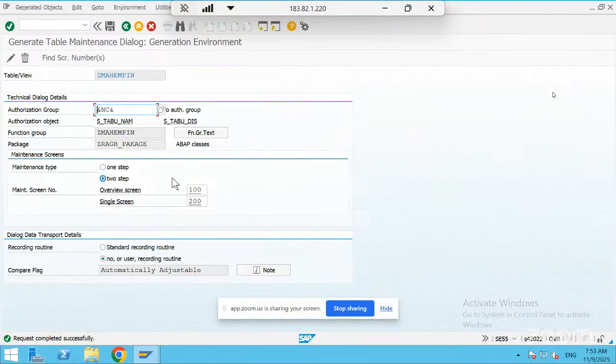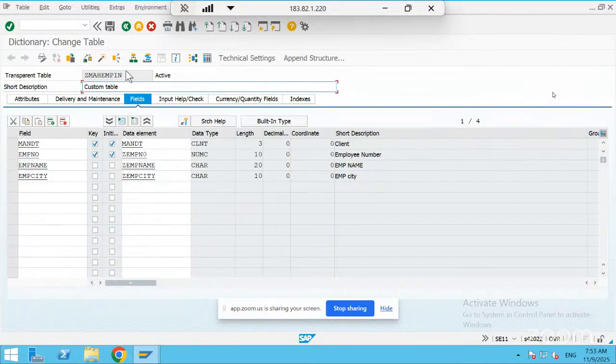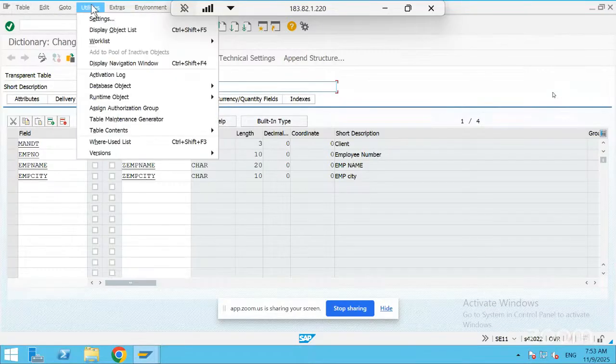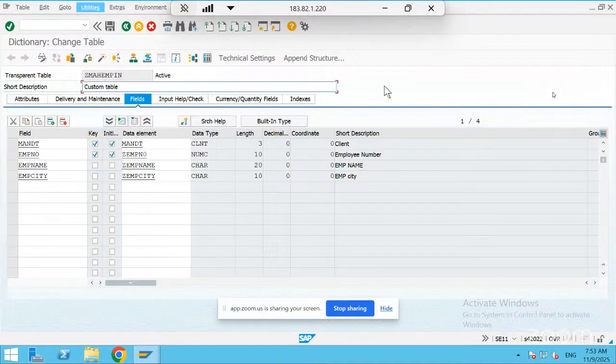Okay. Now you can insert to that. We can now maintain it. This one, right? Table maintenance. I think now we are able to maintain it, right? So go to SM30.